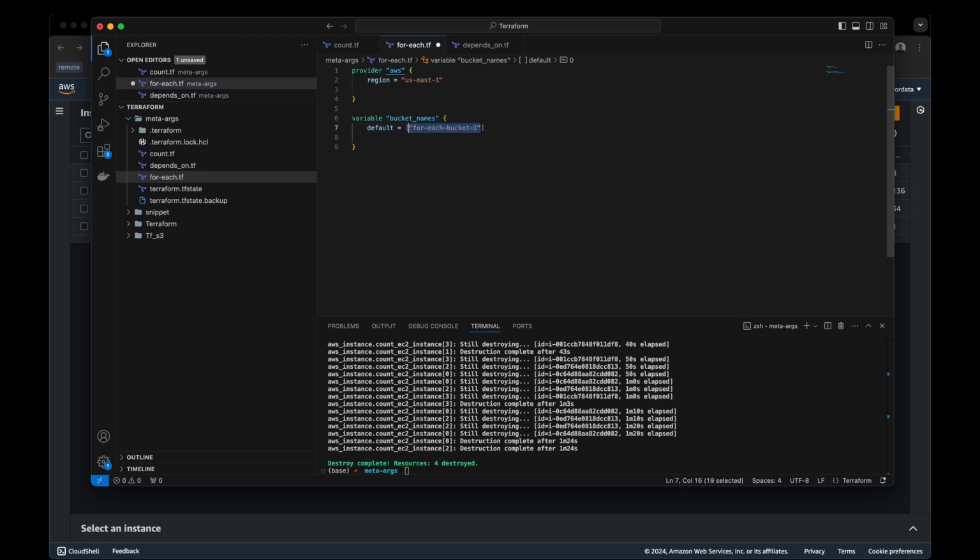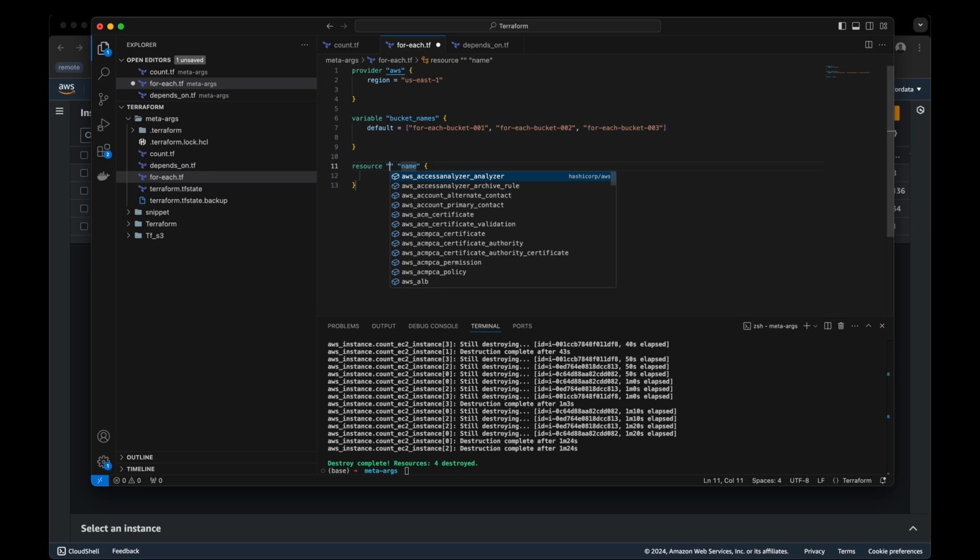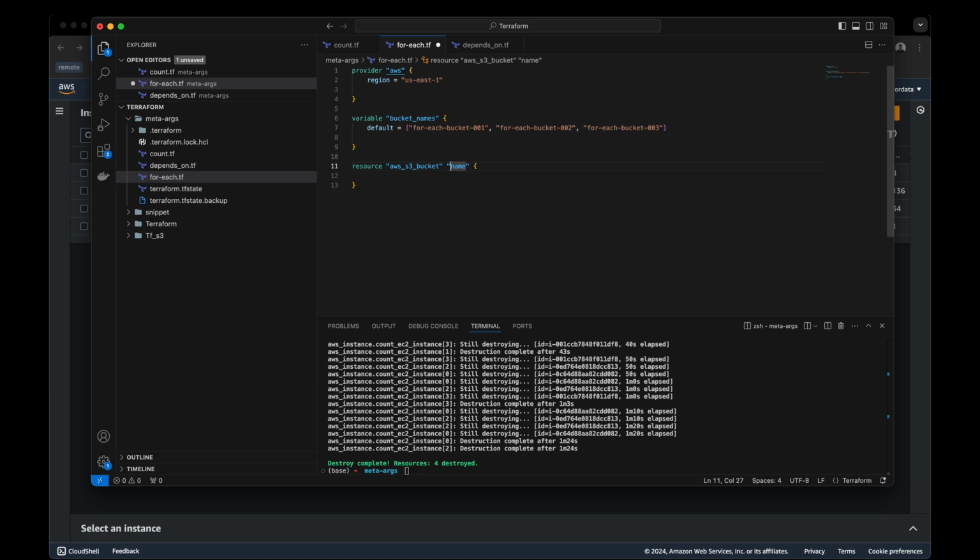Okay, so I'm going to create 3. So okay, instead of this, let's do 001, 002. I'm not sure if it's going to allow us to use these names, but anyway we are going to use them. We'll see. Okay, and then in resources we are going to use aws_s3_bucket, and we can name it as